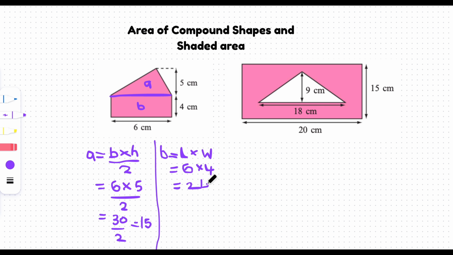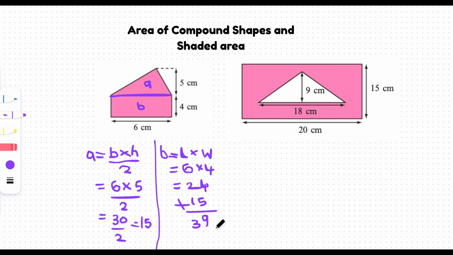Now that you have the area of the triangle and the area of the rectangle, you add them together. 24 plus 15, it's a bit rough here, but it's all right, is 39. All right, cool. So the most important thing is that I always used to ask my students, is it